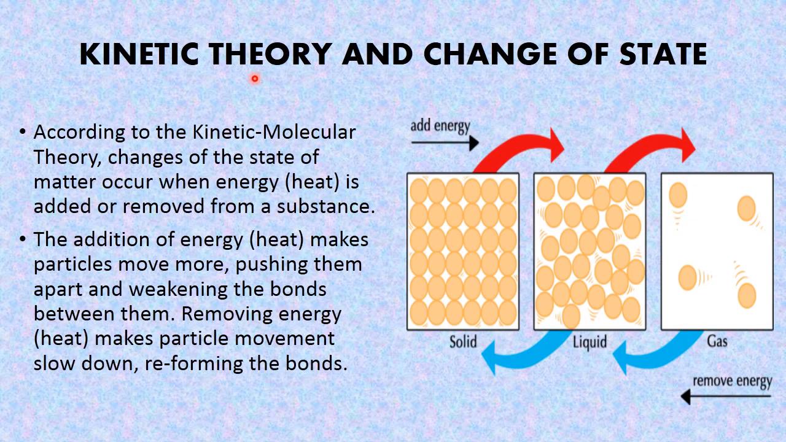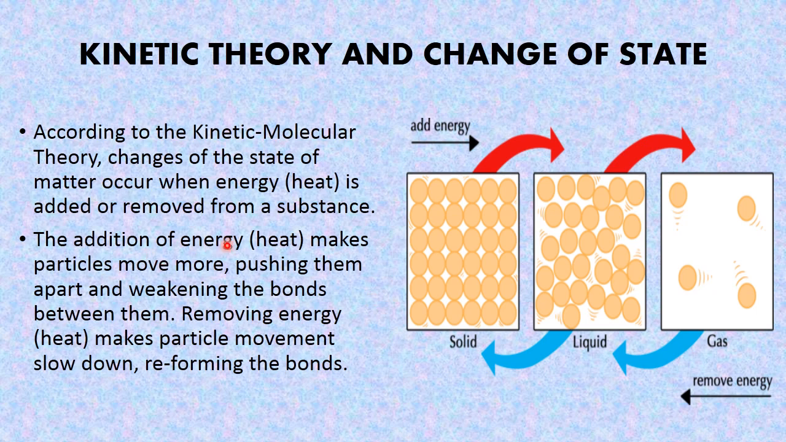Now, moving ahead, we'll be looking at kinetic theory, and we'll be using it to explain the change of state of matter. According to the kinetic molecular theory, changes of the states of matter occur when energy in form of heat is added or removed from a substance. In other words, in kinetic molecular theory, change of state can only occur by the addition and removal of heat